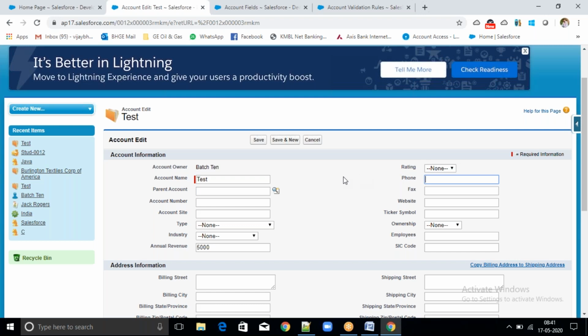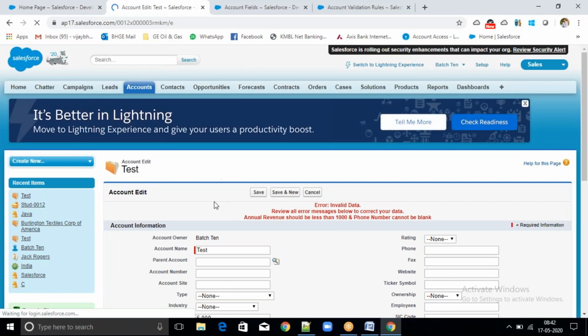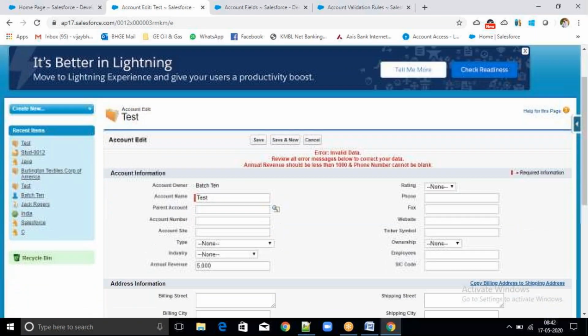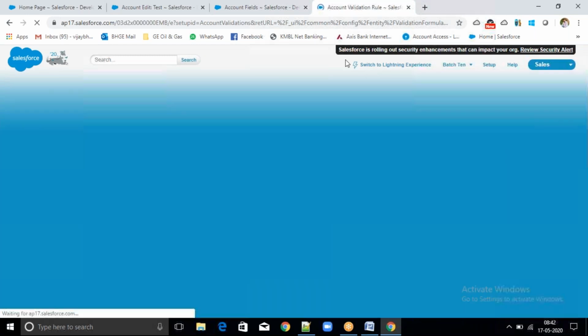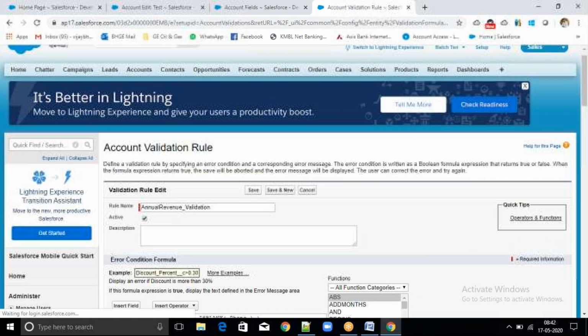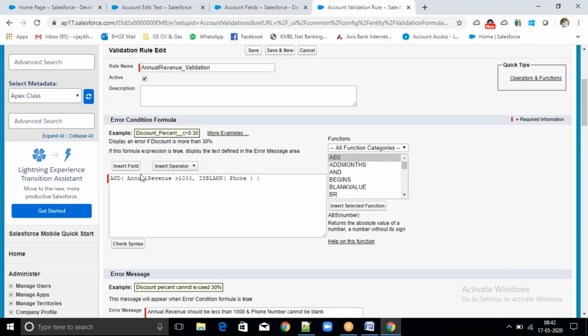Why is it showing an error? That condition is becoming true, right? I have entered 5000, so 5000 is greater than 1000.